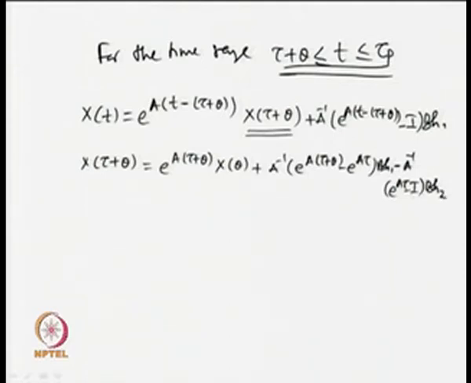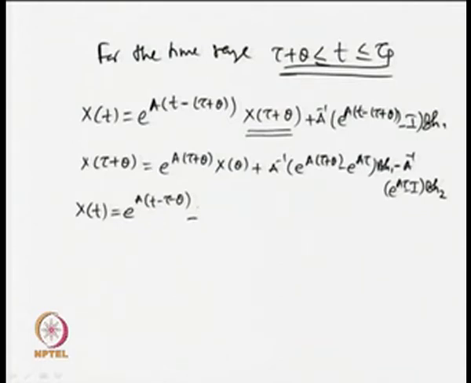What is I? I is the identity matrix of the order of A. So, x(t) upon simplification can be found in the form of e to the power A(t minus tau minus theta)